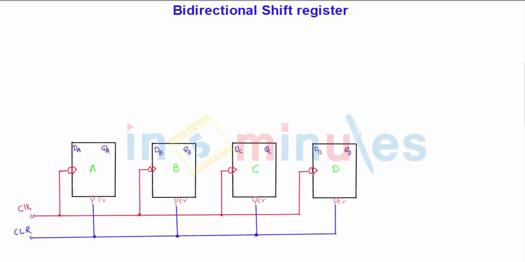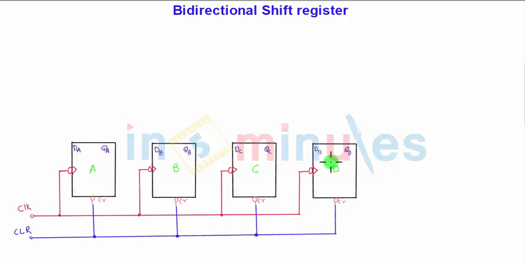That is nothing but A, B, C, D. There are 4 D flip-flops because we are shifting the data. We are not changing the data. That's why we are using D flip-flop, that is nothing but delay flip-flop, which will delay the data and send it to the next one. And all the 4 flip-flops are in a single IC. That is nothing but 4-bit shift register, particularly bidirectional here. They are working in synchronous manner because the clock is simultaneously given to all the flip-flops. Whereas to clear the data, we have a clear terminal. Preset terminal we are not using here.